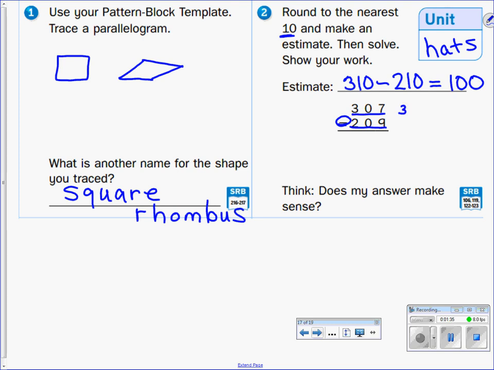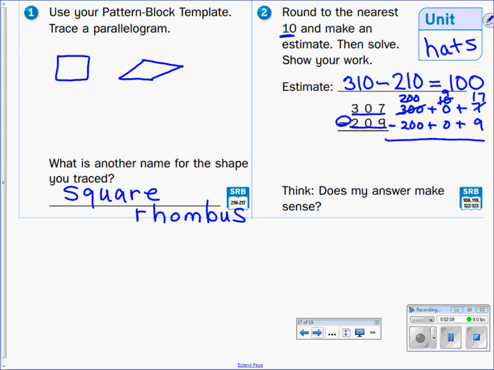So let's expand this out. 300 plus 0 tens plus 7. And then we have 200 plus 0 tens plus 9. And remember, we're going to subtract this. I don't have any, I can't come over here and get any, so I'm going to come here. I'm going to make that 200, and I'm going to bring over 10 tens, which would be 100. Now I can get rid of that and take one of them, bring over 10 ones, and instead of 7,